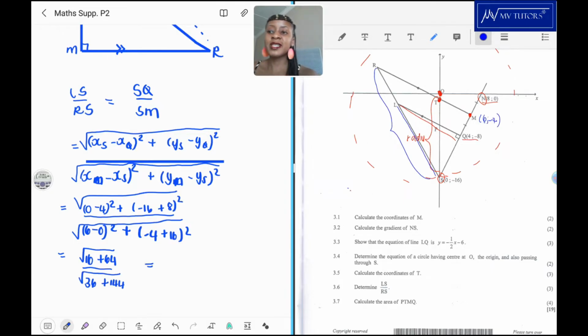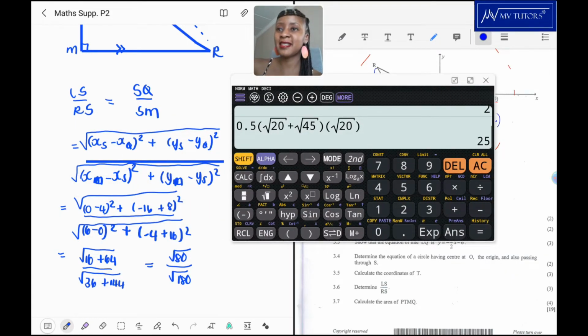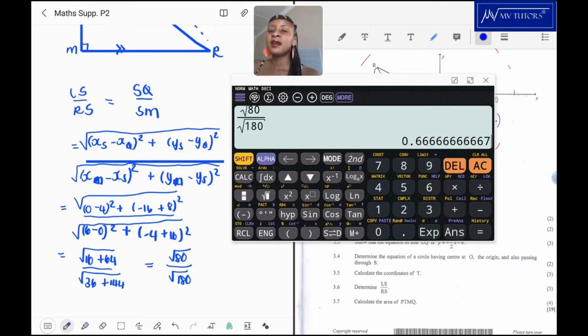Okay, so 16 plus 64, that is 80. I think at this point, you just plug everything into the calculator to save time. I'm wasting time here. Okay, 144 plus 36, that's actually 180. Then we can plug that into the calculator and see what answer we actually get. So we have root 80 over root 180, and that is equal to